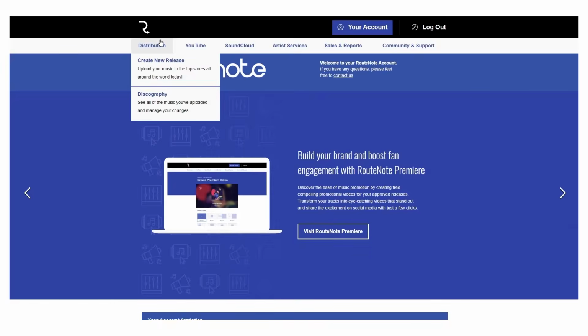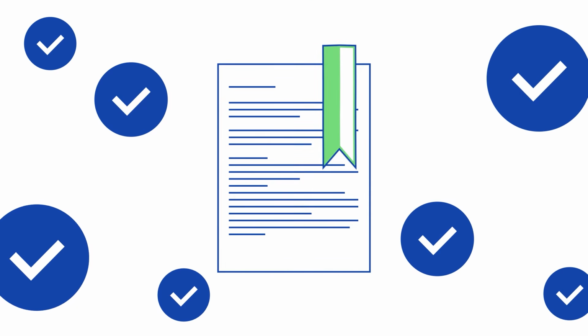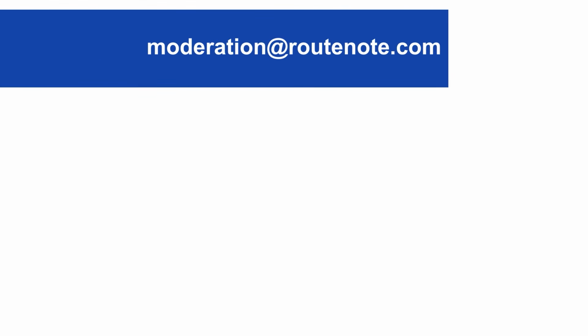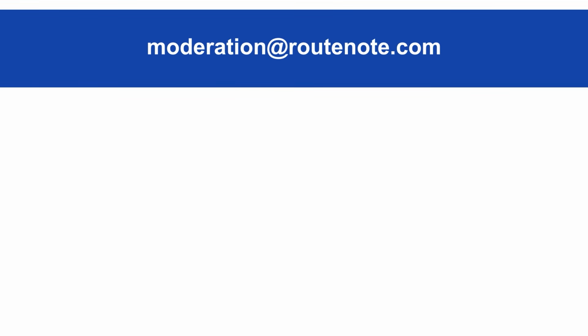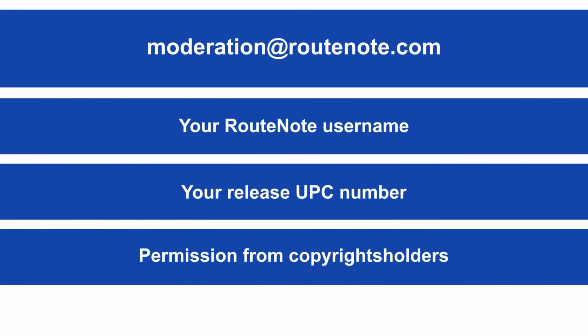First, create an account with RouteNote. Then upload your mashup, just like you would with any other track. But, and this is really important, because mashups use other artists' work, you need to have the proper licenses or permissions. To do this, you will need to send an email at moderation@routenote.com from the email address you created your RouteNote account with. And in the email, you have to make sure that you're including your username, the UPC of